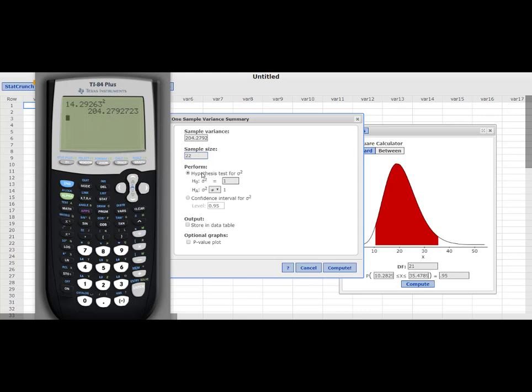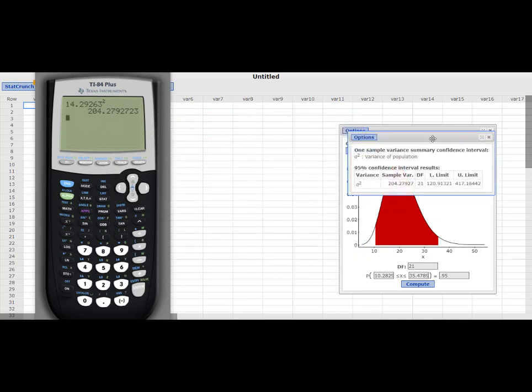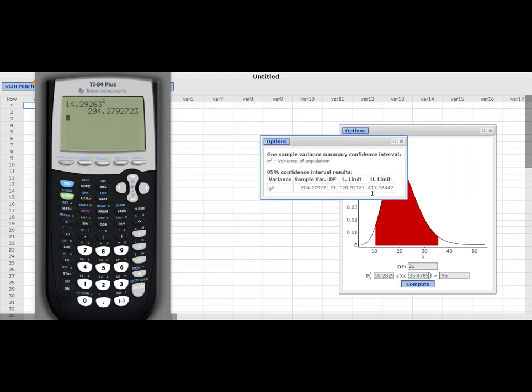Now I'm not going to do a hypothesis test yet, but I'm going to do the confidence interval. But remember, it asked for the sample variance, so I must square my sample standard deviation. My confidence level is 0.95, and now I'm going to hit compute. And you can see there are our upper limits and our lower limits, just like we found on our slides. We were asked to find not the variance, which this is, but the standard deviation. So then we would take the square root of